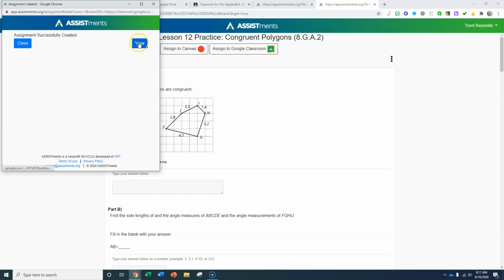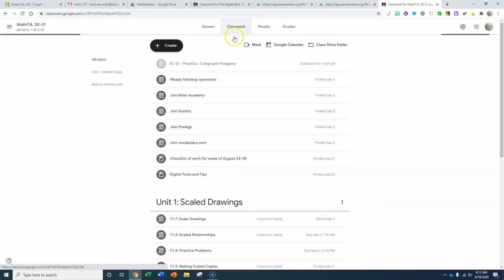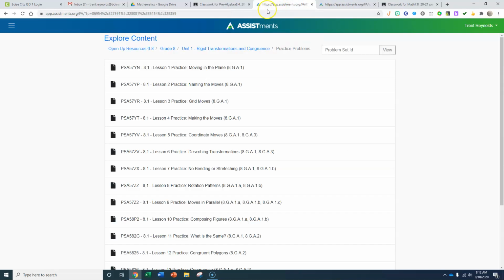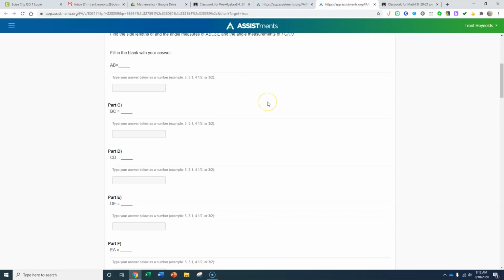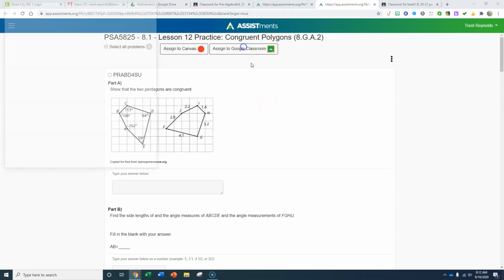Now, if I click view, it's going to open up Google Classroom, and I can see in my classwork that there's my assignment and it's scheduled for this time. Okay, now I can come back to my Google Classroom tab. Right, notice there are two open. This is the list of assignments, but this is the one that I'm actually selected. I still have this one selected here, and what I can do now is I can go back and assign